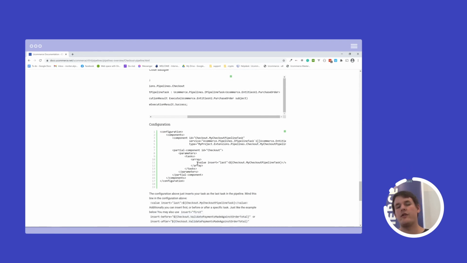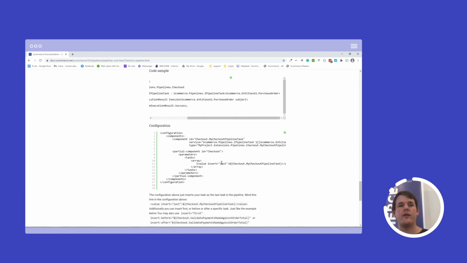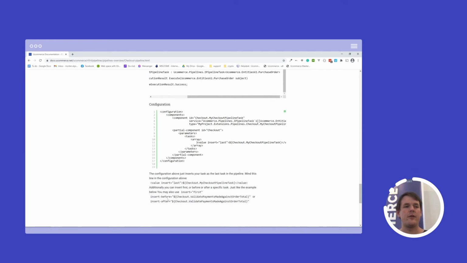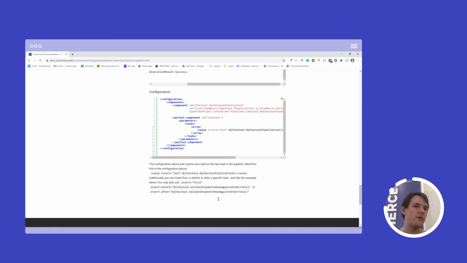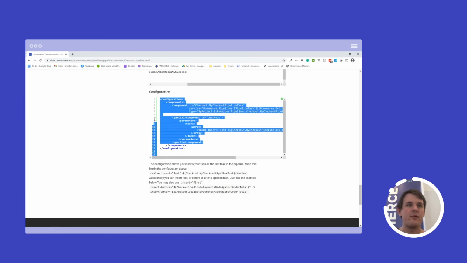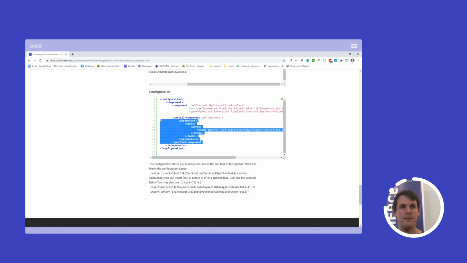And then when we want to inject our task, we can say value insert, and then first or last, and we can also insert before or after specific components. That is if we want to insert components, but we can also remove components by saying value remove and then the ID of the component we wish to remove. And that's the way that we can change what's there out of the box as well. In this case, we're adding in functionality. I will just grab this piece here. No reason for me to type it out, but I can just steal it from the internet.